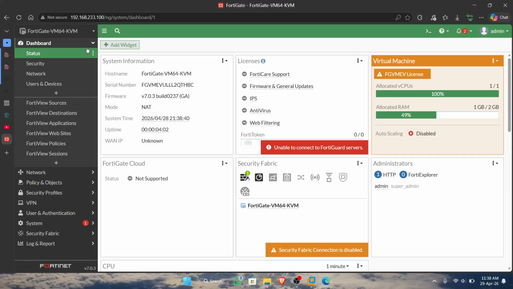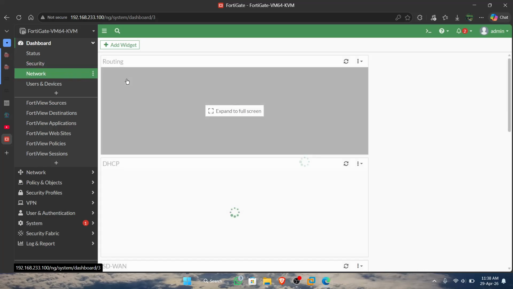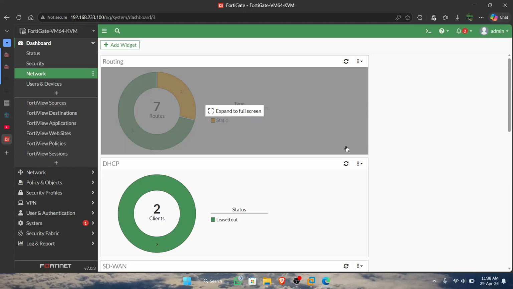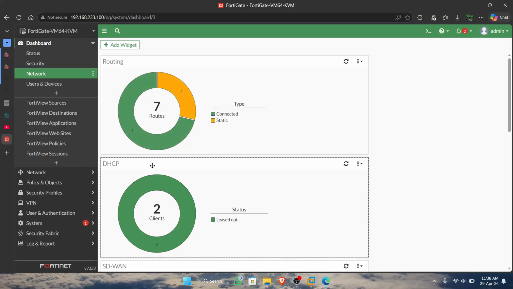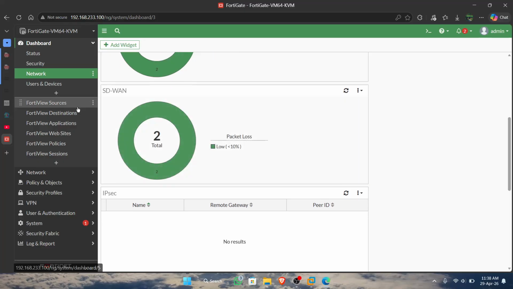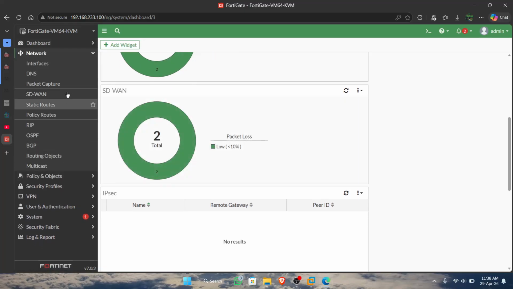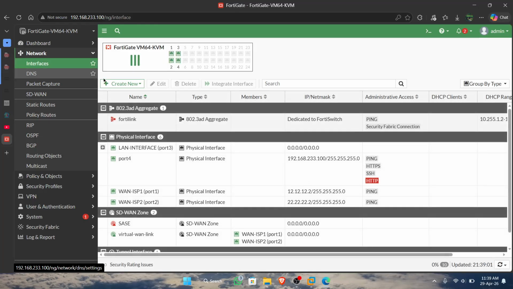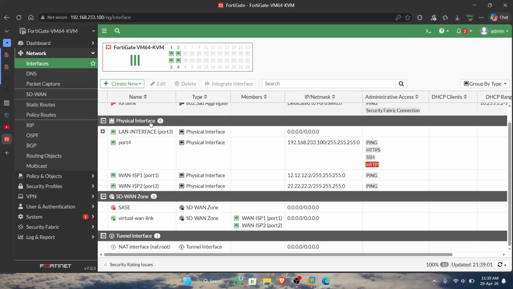This is the dashboard of the FortiGate, where we can see the network, the router, and the gateway, with two clients and SD1. This is the configuration for the interface, where I have configured the interfaces.